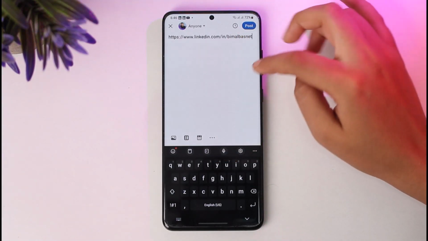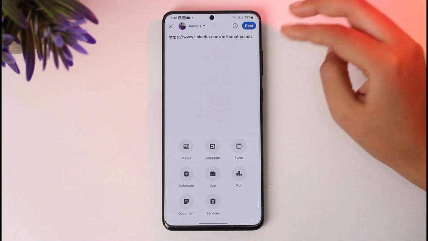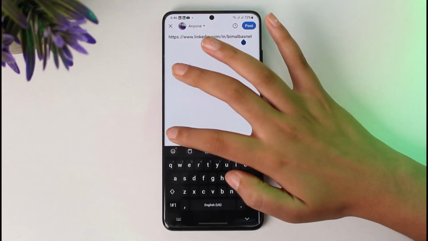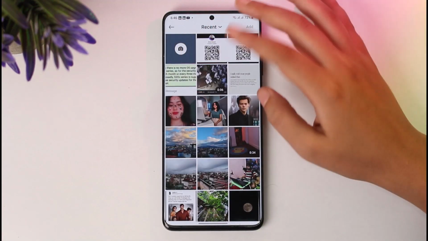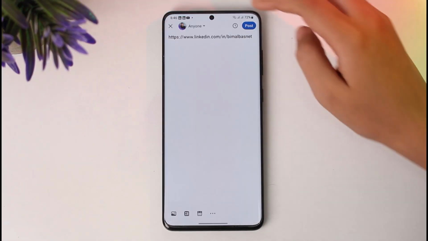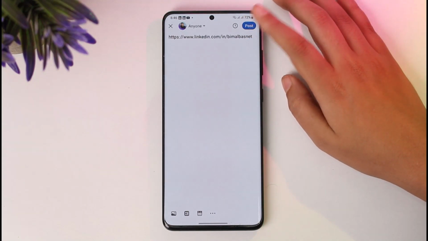Once we have done so, if you would like to tag somebody, we can add media, we can add a job, we can add events if you would like to. Otherwise we can tap on this media. We're going to select a particular media for ourselves and attach it over here. Then we can tap on this post option given on top, and